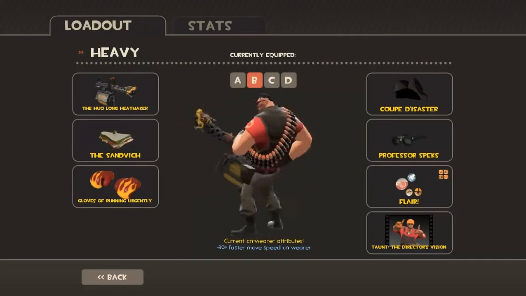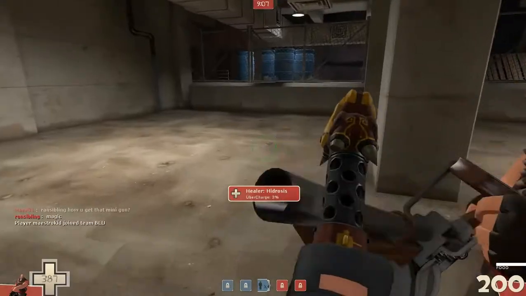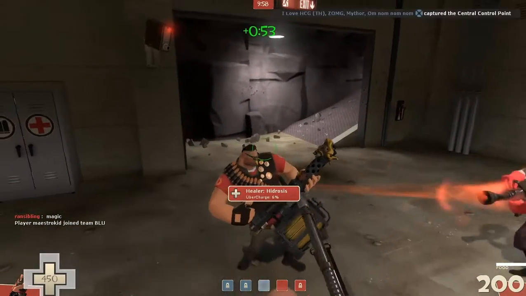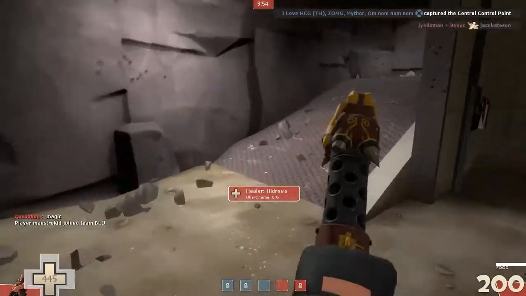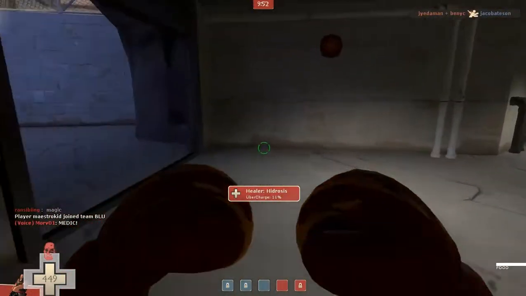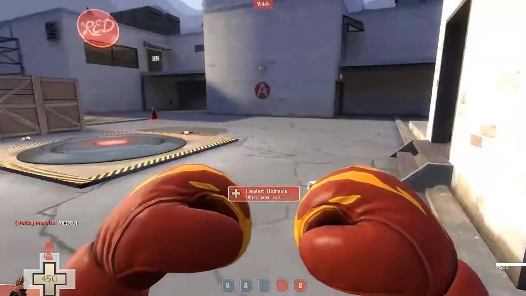Today we're going to be using the Gloves of Running Urgently, the Sandwich, and the new weapon called the Huo Long Heatmaker. I believe that's how you pronounce it. Yeah, the Huo Long Heatmaker. The Huo Long Heatmaker is the new weapon for the Heavy which came out in the Triad Pack update, which